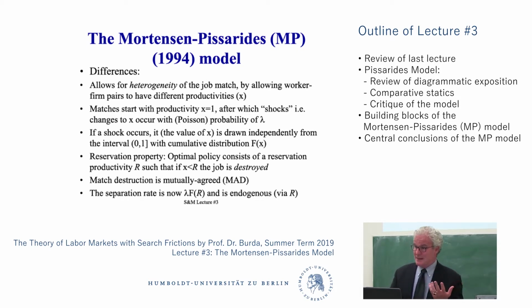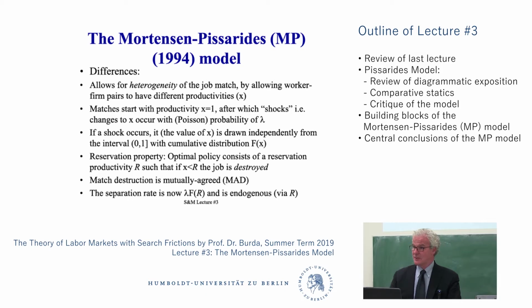It's this implicit communication. So the worker may see it coming that the job is coming to an end and may leave. So all these things proxy. This model is assuming that workers and firms basically say, yeah, I'm too old, you've got a better production possibility with some other guy, etc. Okay, again, it's a restriction because we're going to use Nash bargaining to get to that endogenous separation reservation value. You could assume that the wage was rigid. You could do all sorts of other things to get involuntary separations, but we're going to stick with the MP setup just to train you to think that way, and then later we can do something else.